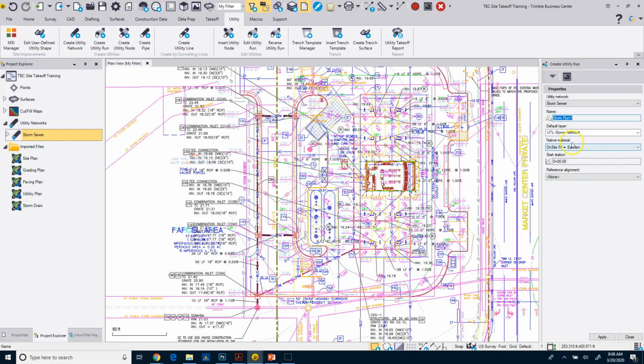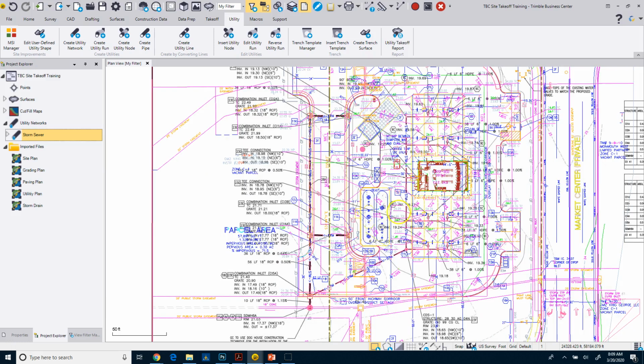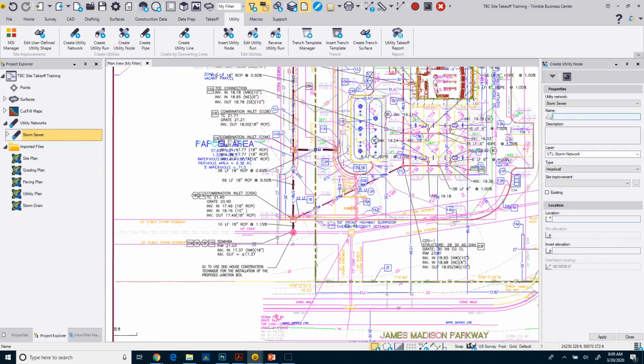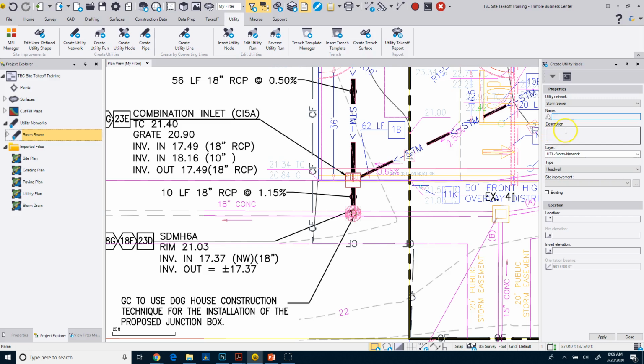Now we could create another one. You can see it automatically increments. So if we had multiple runs, we could do that. I'm just going to close. And now I'm going to come in and create my utility node. The first one, I'm going to come down here and name it exactly the way they have it in the plan. So this would be SDMH6A,